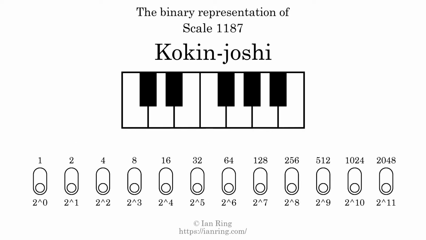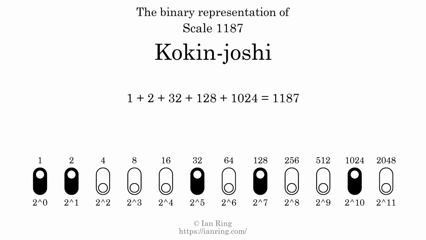The binary representation of this scale is determined by mapping tones of the scale to binary digits. Each binary digit represents a power of 2. To get the scale number, we add the powers of 2 together. The powers of 2 that are present in the scale, all added together, equals 1187. That is why the scale number, in decimal, is